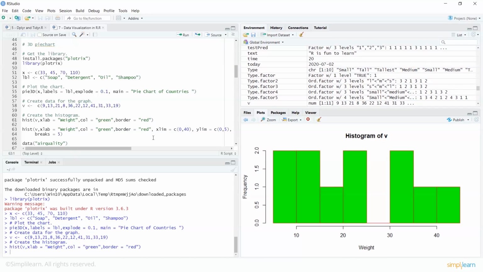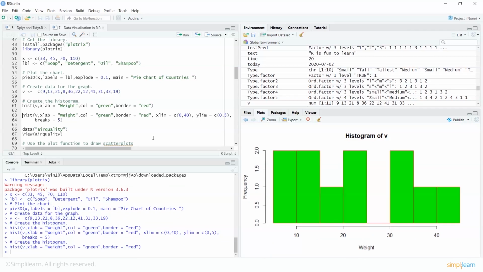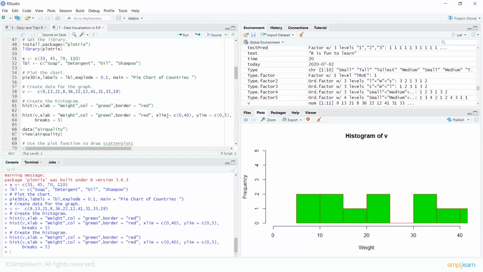Now we can also give some limits by using xlim and ylim, and I can specify the limit. So we have given some values here, wherein we have said your X limit is 0 to 40 and Y limit is 0 to 5. Now if you compare this with the previous one which we had created, that one had taken the limits based on the frequency, but we can assign limits explicitly by giving this and then create a histogram